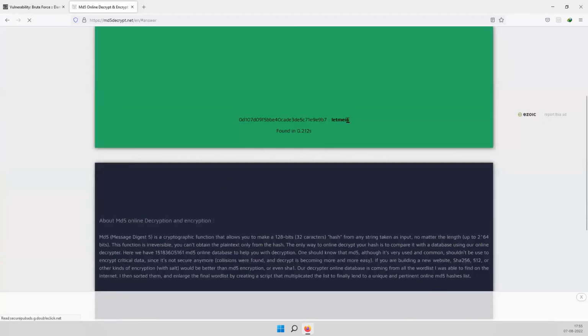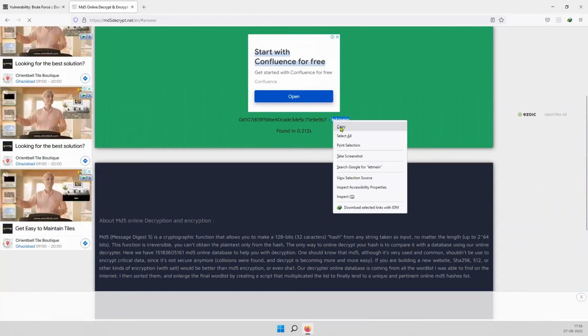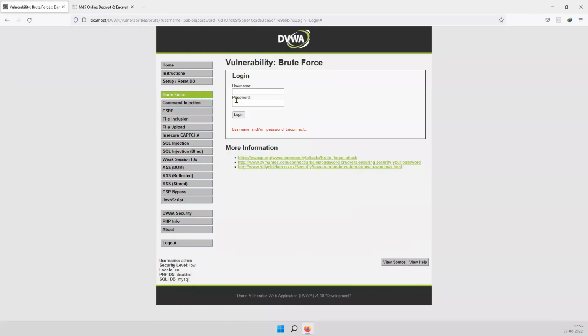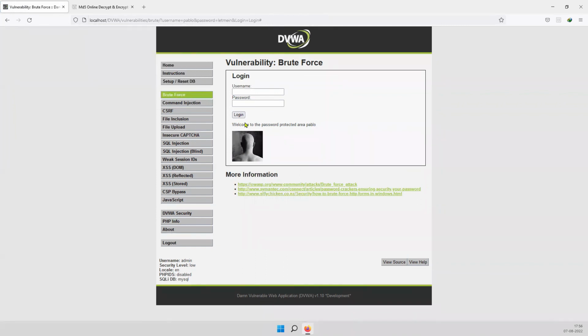What is the password? Let me in. This is the password. What if I try to put this password? Username Pablo, password let me in, login. As you can see, this is showing welcome to the password protected area, Pablo. Earlier it was giving the password error, but now I have cracked this.